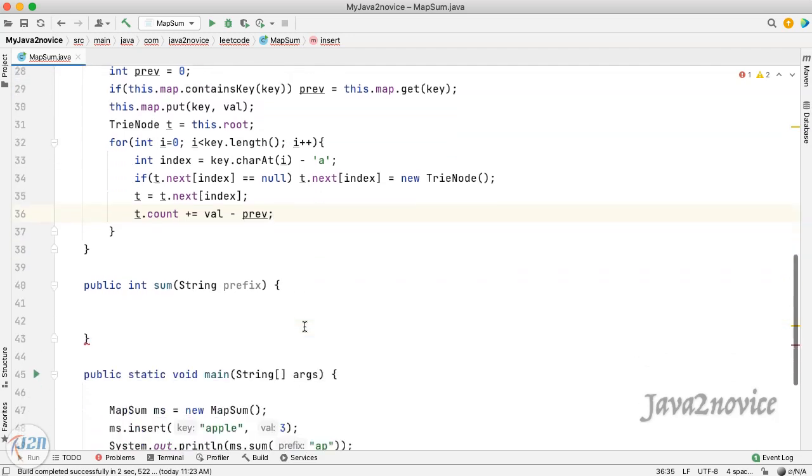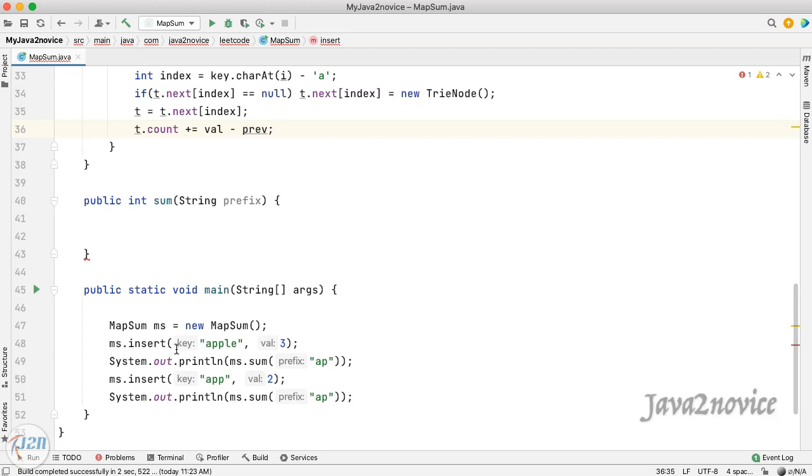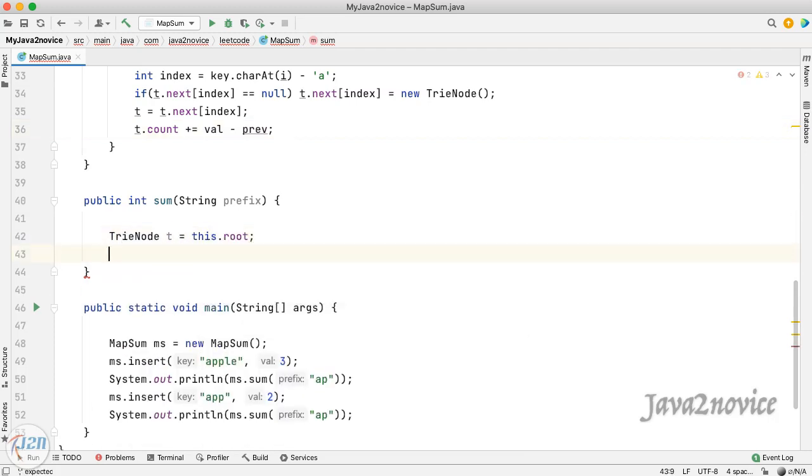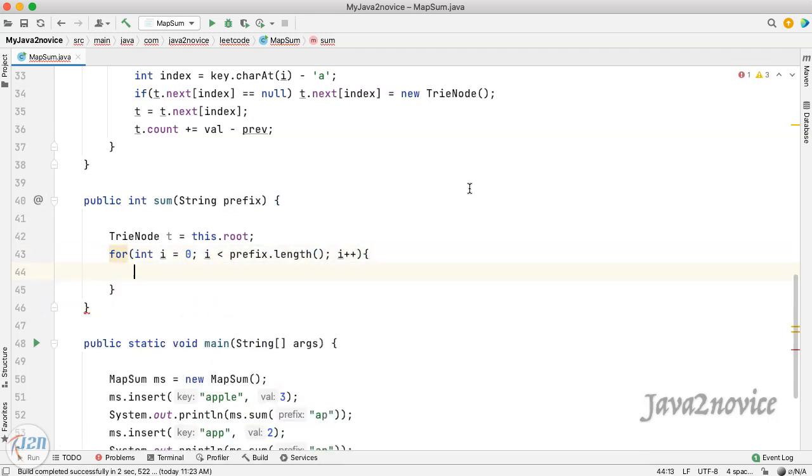Let's write code for the sum function. Start from the root node. Find the sum value by iterating over the prefix. Calculate the index to find the child node.